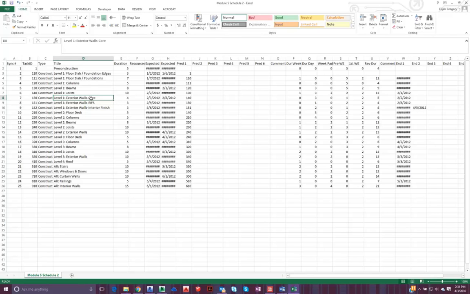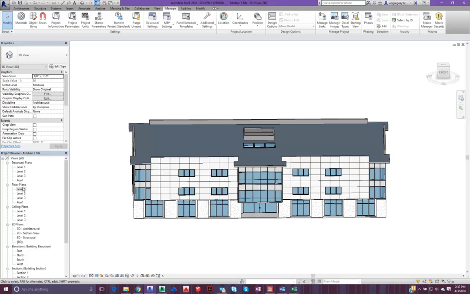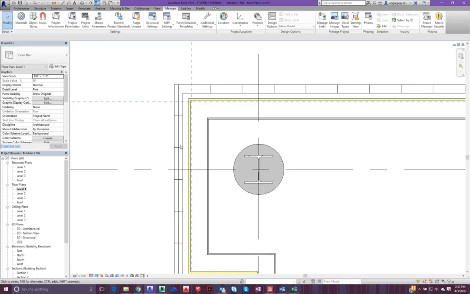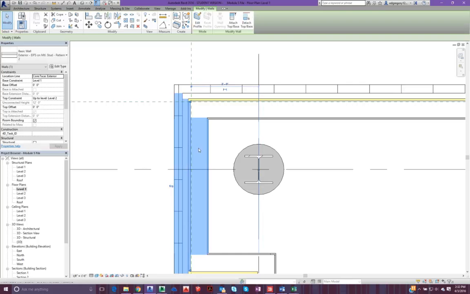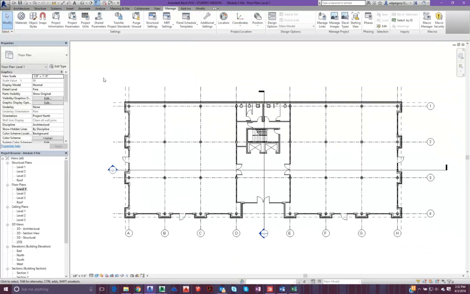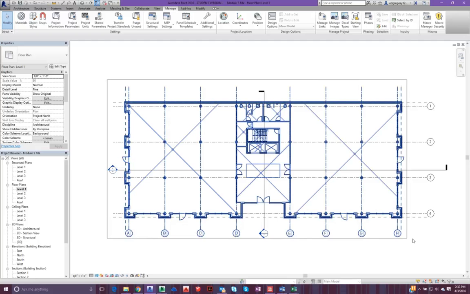Because as you know, you're going to want to construct the core of the wall, and then you'll construct the exterior of the walls, and then finally you'll construct the interior walls after the building is waterproof, so as not to mess up the interior of the walls. So let's go back to Revit and look at our level 1 floor plan. Because as we see it now, if we were to connect something from the building, we would just connect the entire wall. So in order to do this, let's select everything,